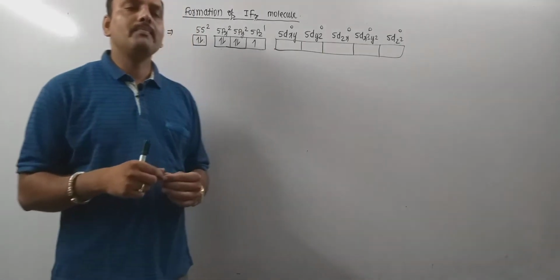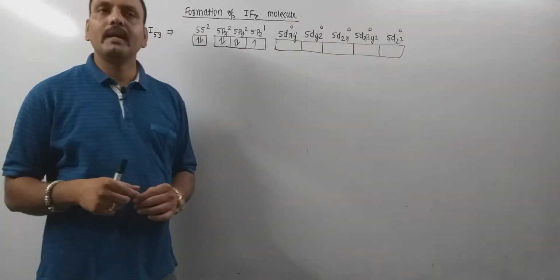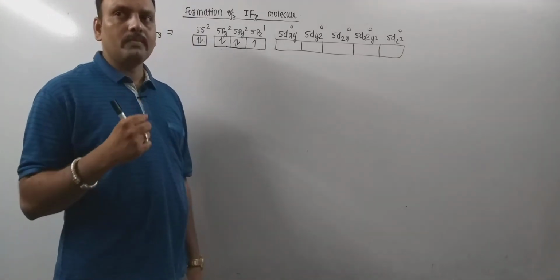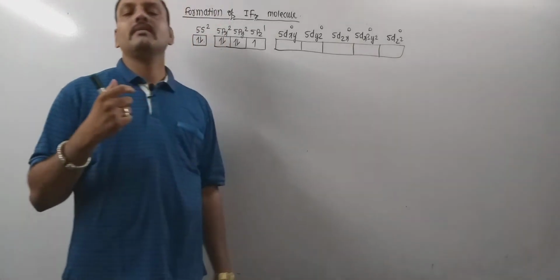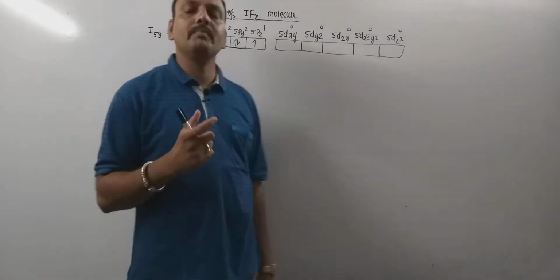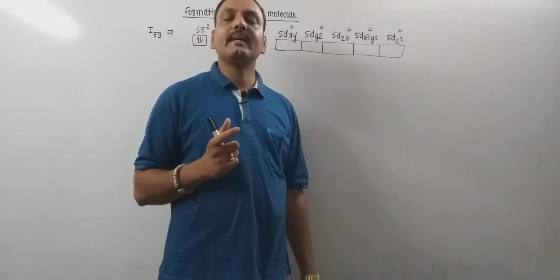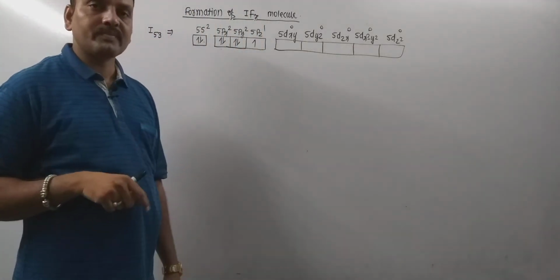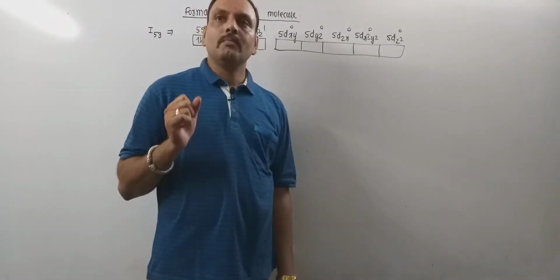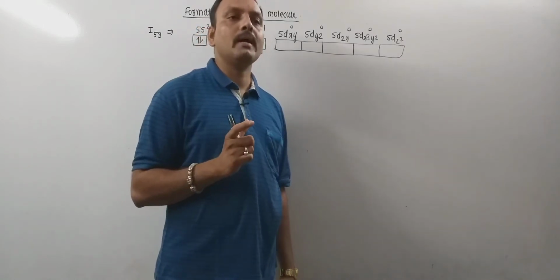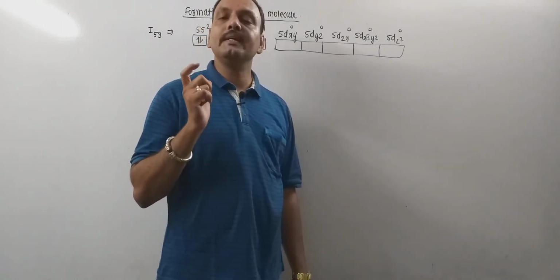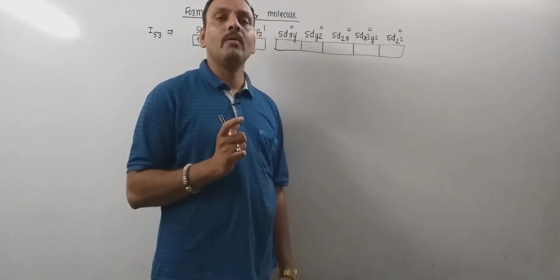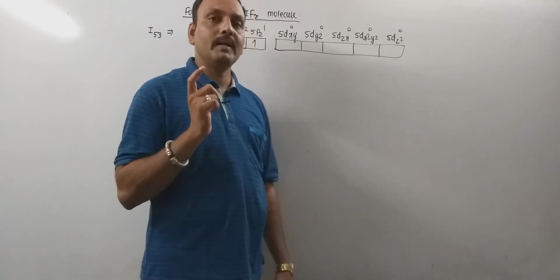Now, the hybrid orbitals so obtained try to settle away from each other in order to avoid mutual repulsion. So these 7 sp3d3 hybrid orbitals are directed pentagonal bipyramidally around the central atom. So the molecules whose central atom undergo sp3d3 hybridization are expected to show pentagonal bipyramidal geometry.